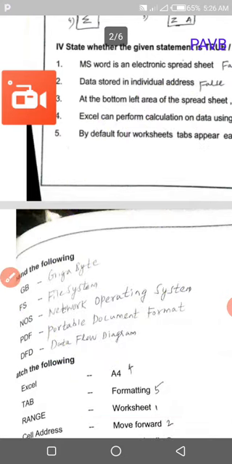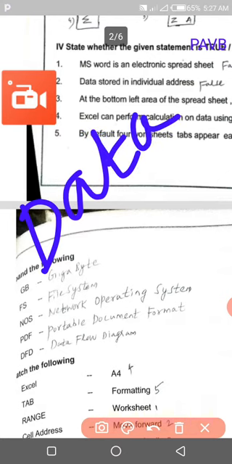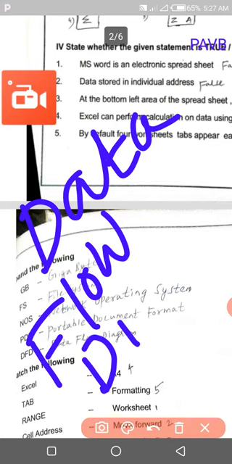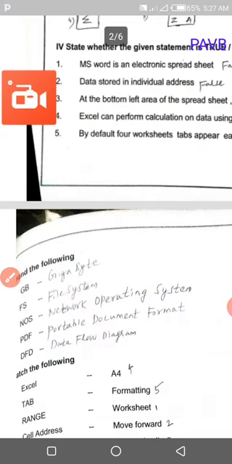Next, DFD, data flow diagram. DA, data, FLOW, flow, DIAGRAM, diagram, data flow diagram. Match the following. Excel worksheet, tab, move forward.